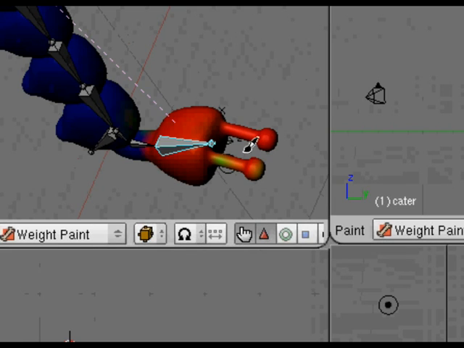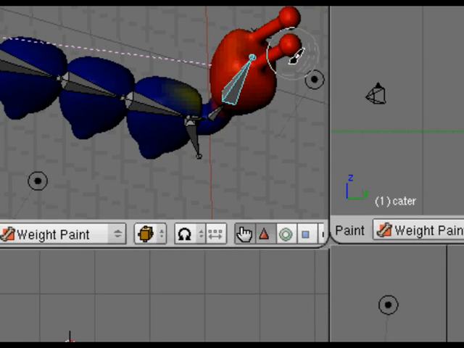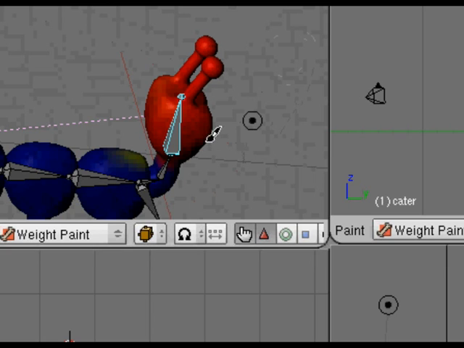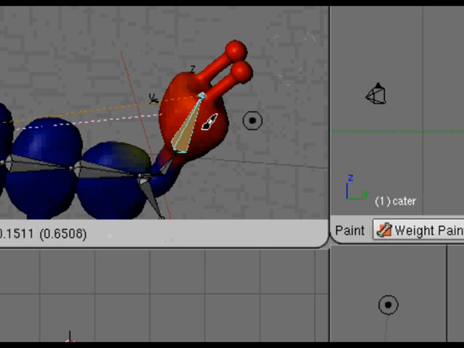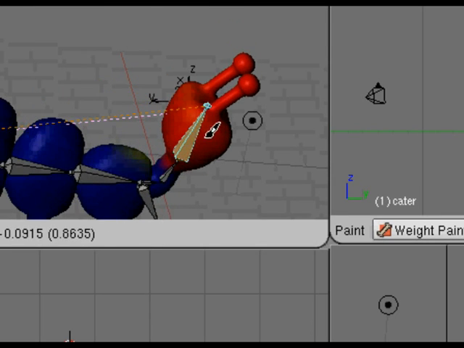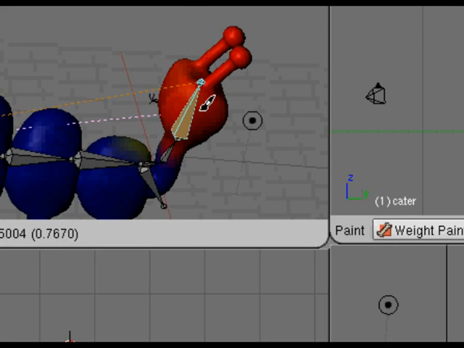And the great thing about this is you can also test it while you're in weight paint mode. You can have the bone selected, and you can do G to grab and R to rotate and actually see how well it works. So if I do that now, obviously it's not going to be anywhere near complete, but you can see that the head is following the head bone, and of course all the others still need a lot of work. Now during this tutorial I'm going to do it quite quickly, but you could spend quite a bit of time on it, and you could also